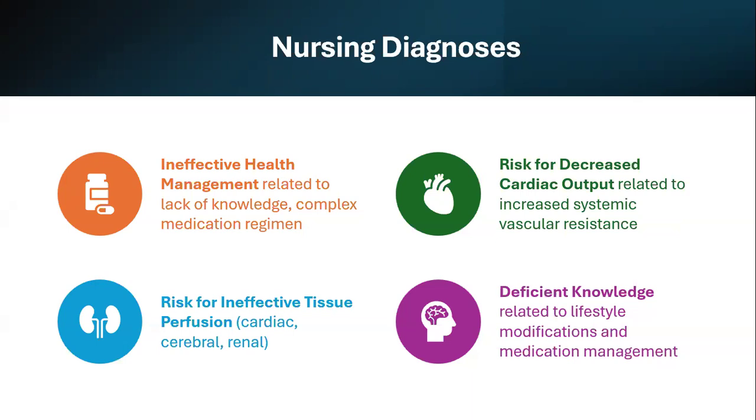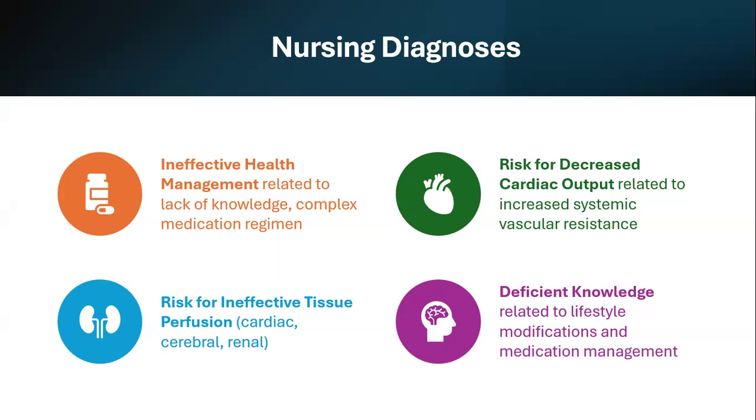The first one is ineffective health management. Many patients with hypertension really struggle to follow lifestyle changes or medication regimens. So, this diagnosis reflects difficulties in managing the health effectively. It is really important for us as nurses to understand that health management is an important part of the nursing care plan for patients with hypertension, because without effective health management, the patient cannot come to the goal of